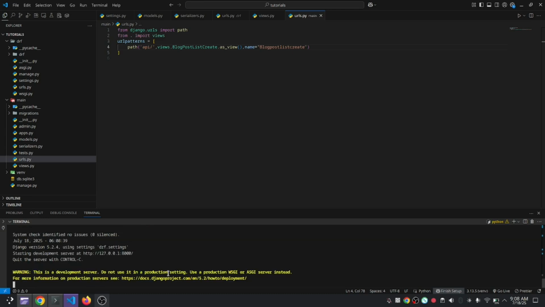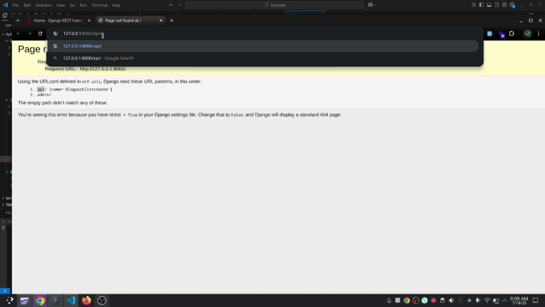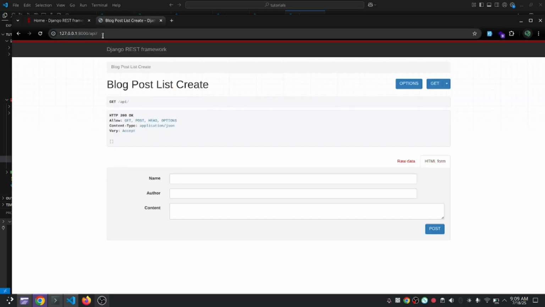So our server is running at 127, our local. So we're going to create that. So it says page not found. Do you know why? Because this is our home, but we have not assigned it to any URL. So when we go to /admin, we are going to have /API. So we need to go to /API/ and there you have it, Django REST Framework blog